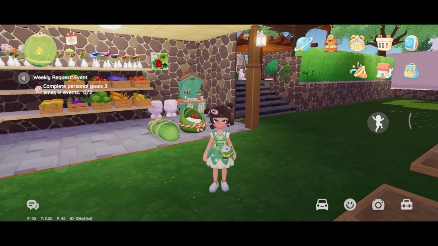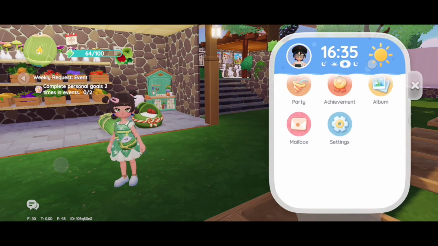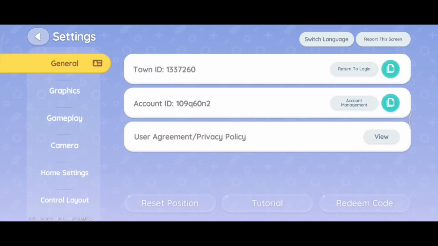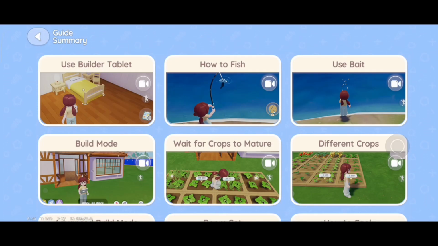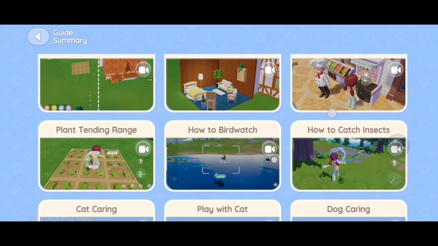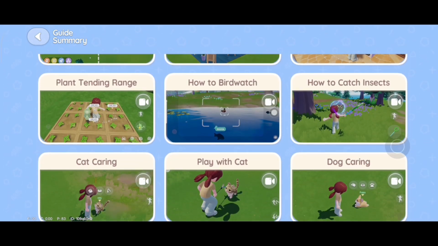And here's how. First, just open your smartwatch and then just go to settings. And then in here, just simply tap on the tutorial, this one. And just like that, there are tutorials for different events, various activities, and even explanations for certain item, tools, and